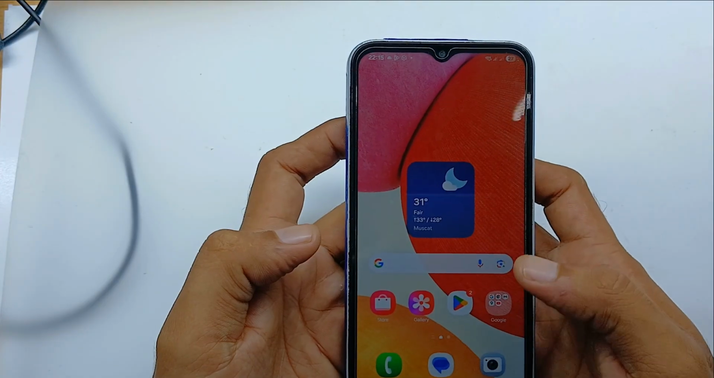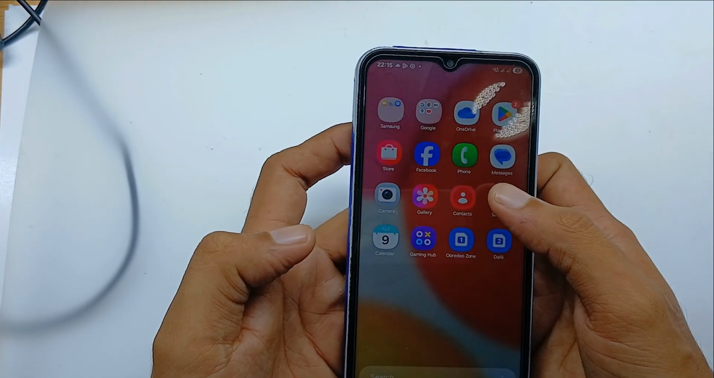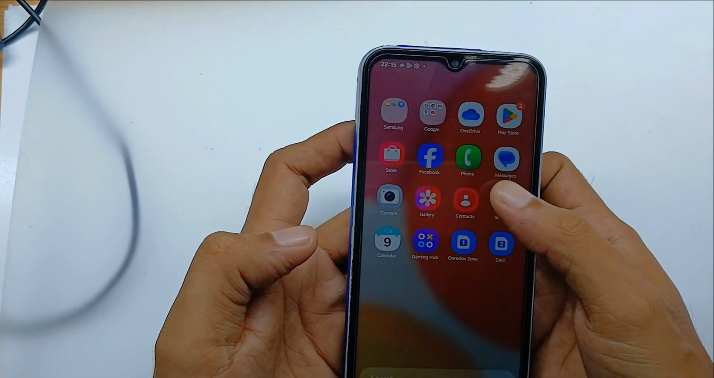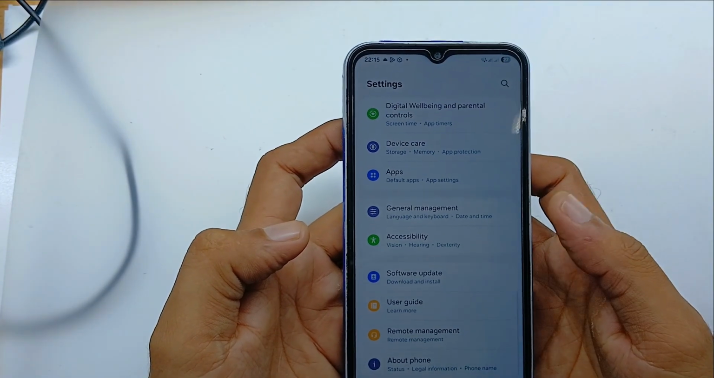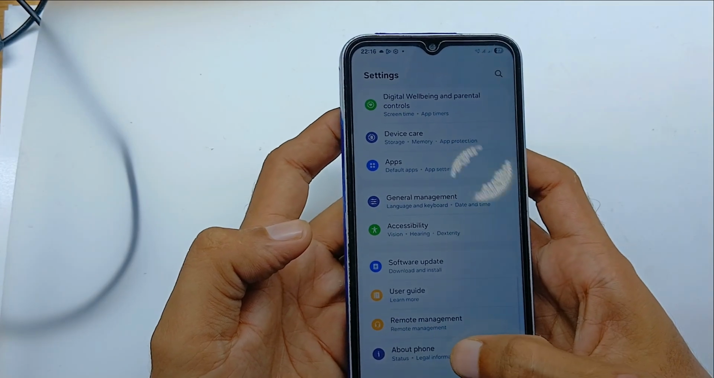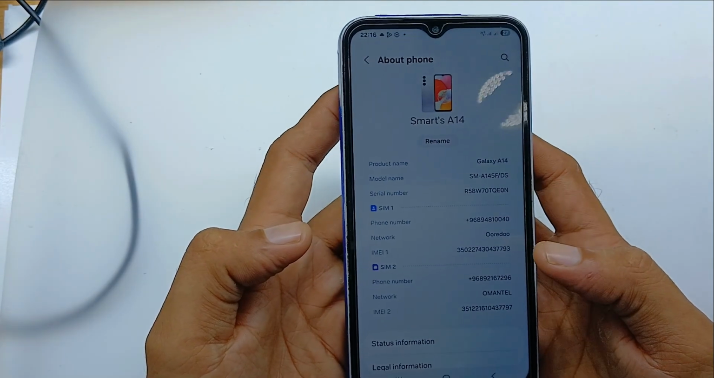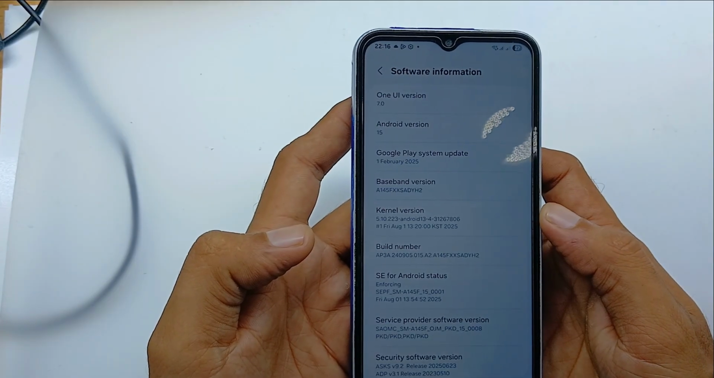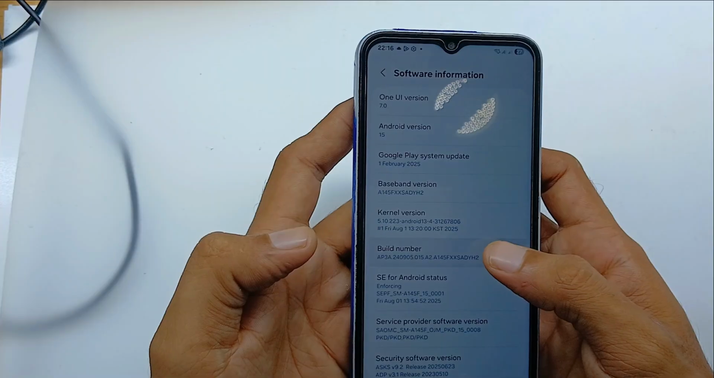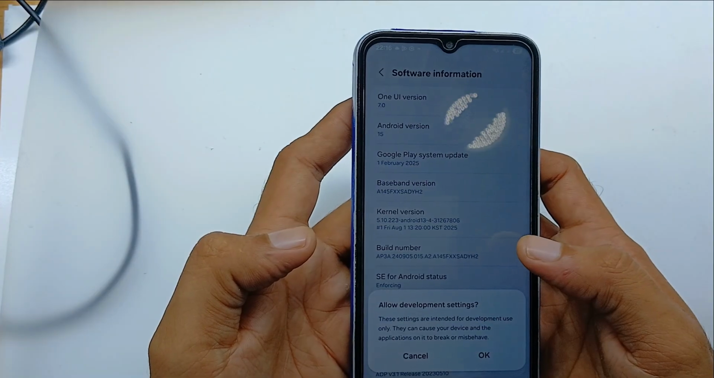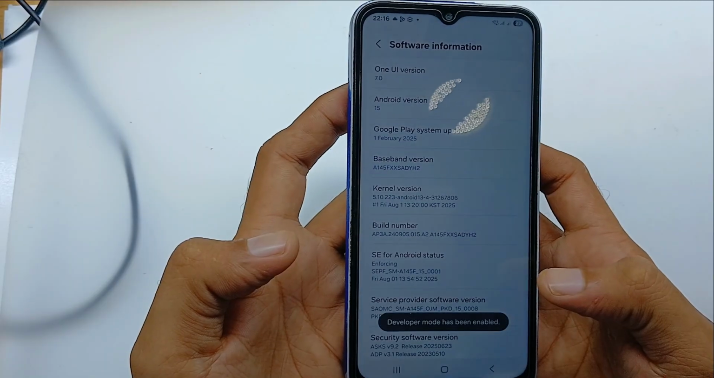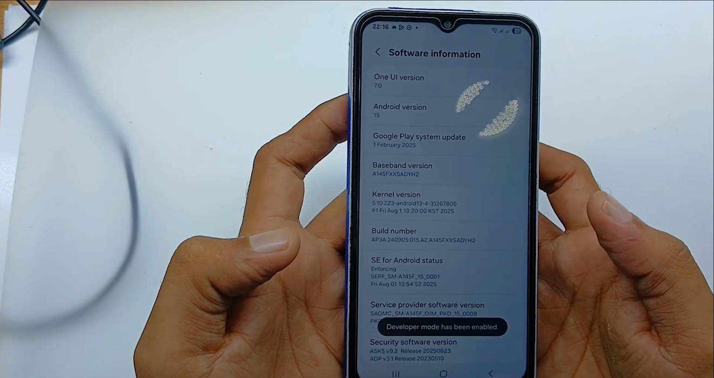Now the first step, you need to go to the settings of your mobile phone. In the settings, you need to scroll down and go to About phone. In the About section, you need to scroll down and go to Software information, and on the build number you need to tap 7 times until it asks you to allow developer settings. Now after enabling this,